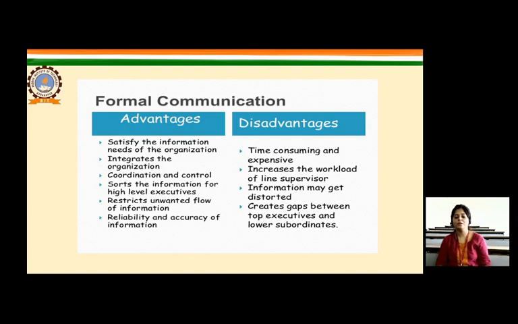So this involves a lot of time, and also at times the process gets delayed. Then information may get distorted. Also, it happens that when passing through so many levels, the particular essence of the information is lost, right? Because too many middle points will cause some disturbance in the message in the form.